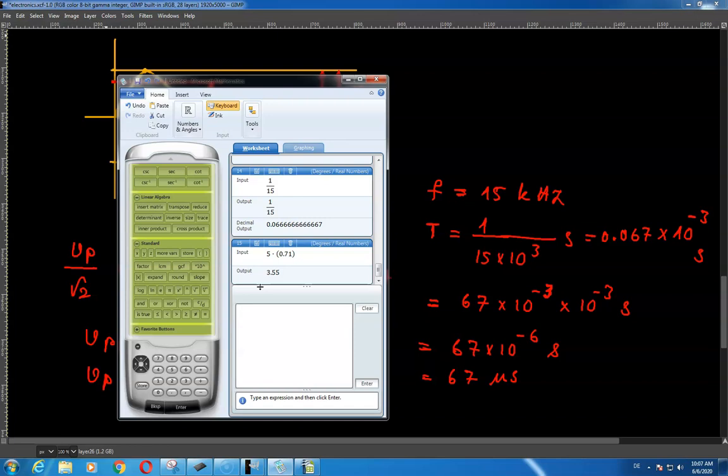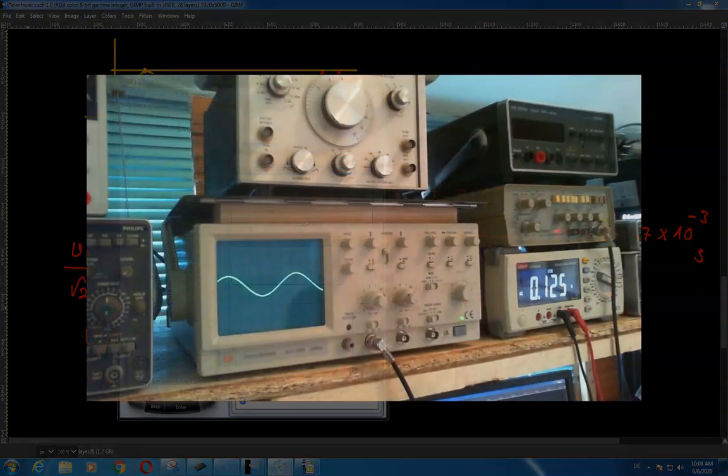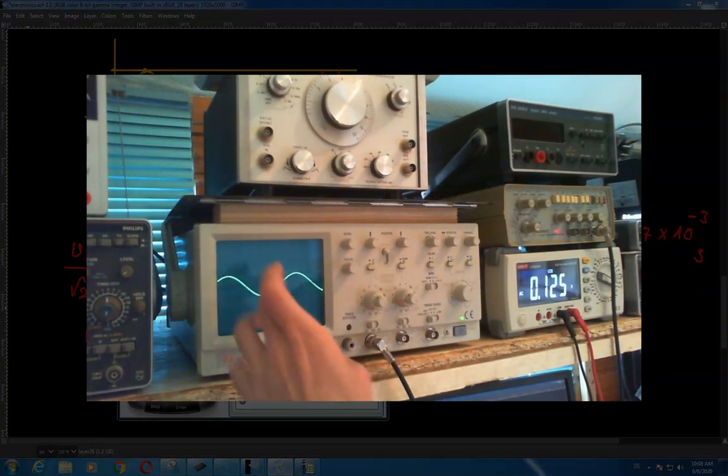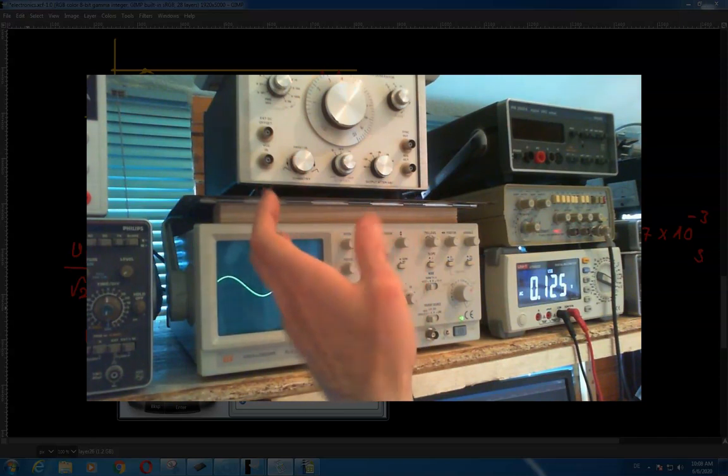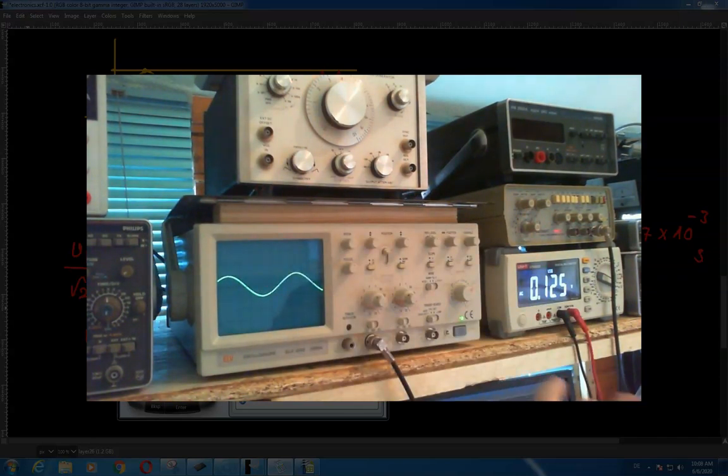That is 3.55 volts, which is supposed to be your RMS voltage, right? 3.55 volts. It is my RMS voltage because I can see over here that I have 10 volts peak to peak, 5 volts peak, and so 3.55 volts is naturally my RMS voltage, right? But now if I didn't have this oscilloscope and if I wanted to read this, I would use a